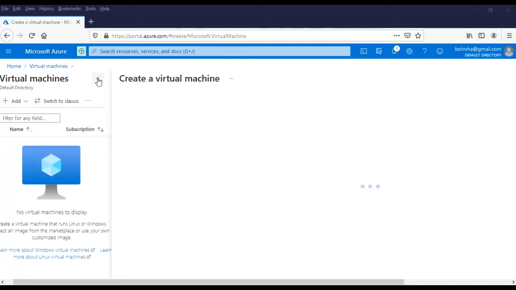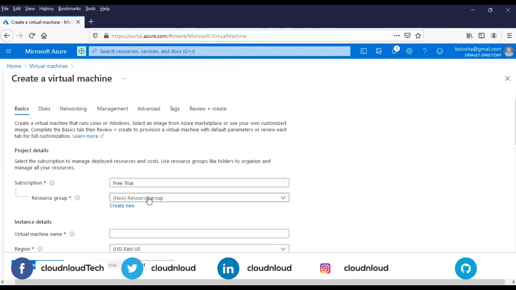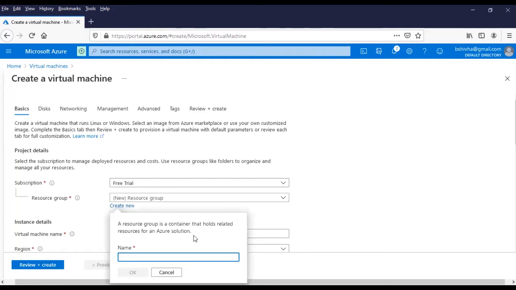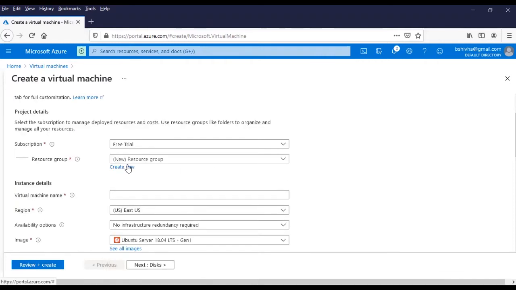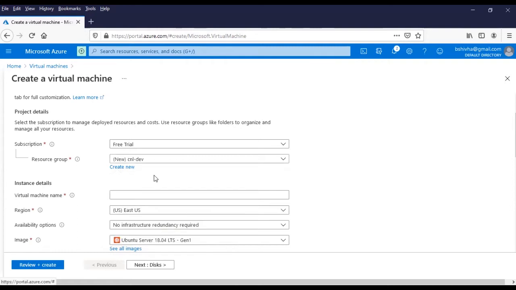We will go with a new resource group, create. The idea here is the more you go for logical grouping, the more effectively you can do administration. So I'm just saying CNL, say dev. So that is a resource group.